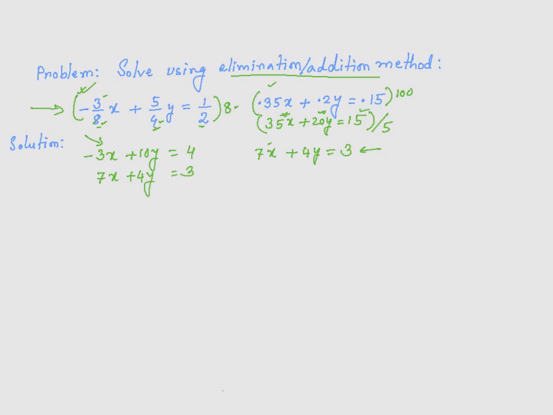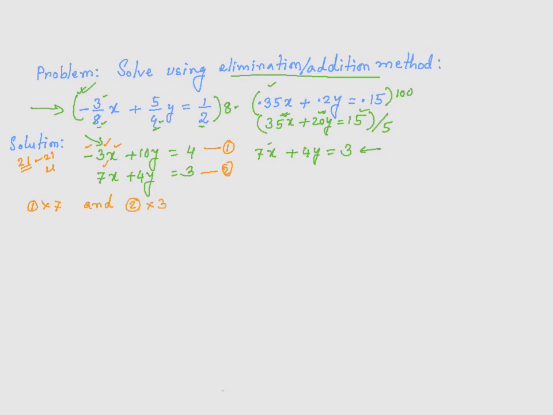Look at the x coefficients. x has negative 3 and 7. The positive LCD of these two numbers is 21. So my objective here is to make one of the x coefficients negative 21 and the other one positive 21. Let's make the first one negative because it already has a negative sign. So let's call this equation number 1, this equation number 2. I'm going to multiply the first equation by 7, and the second equation by 3